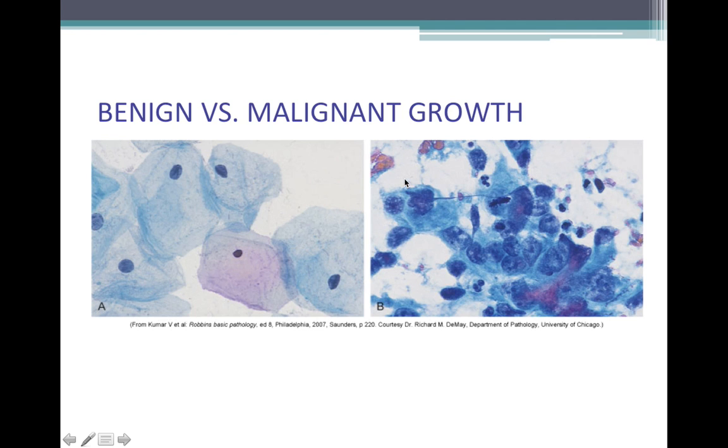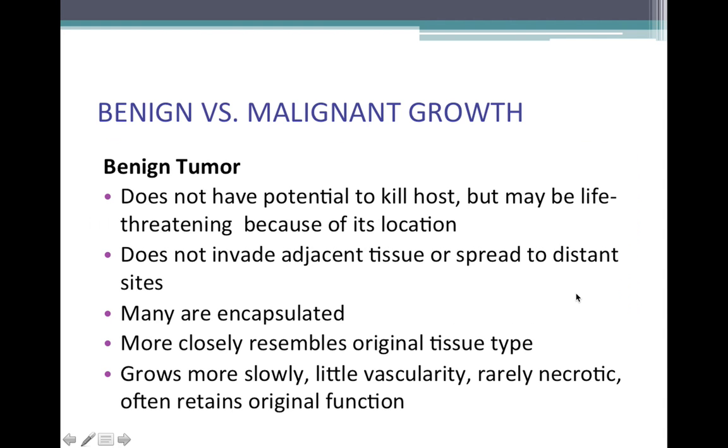In fact, we call this anaplasia, where the cells start to look, even just by appearance, much different than the original cells. And the degree of anaplasia correlates with the severity of the malignancy. So we can estimate from these pictures that if these cells came from these and they look much different, these are probably pretty malignant types of cells.